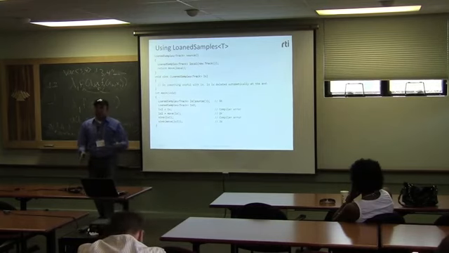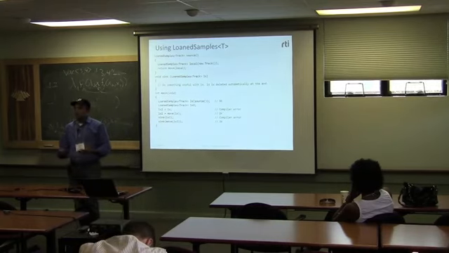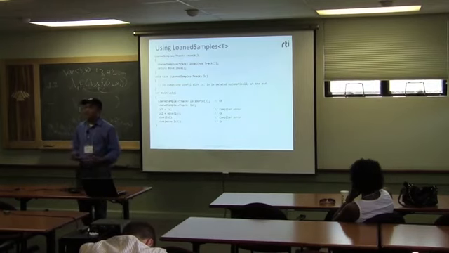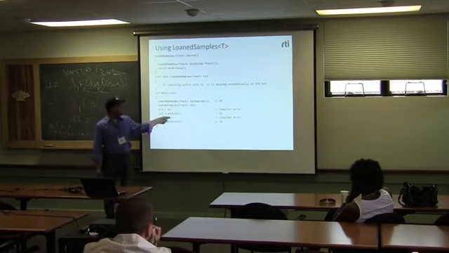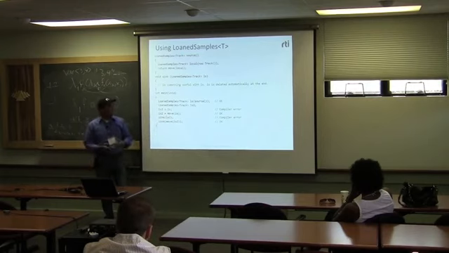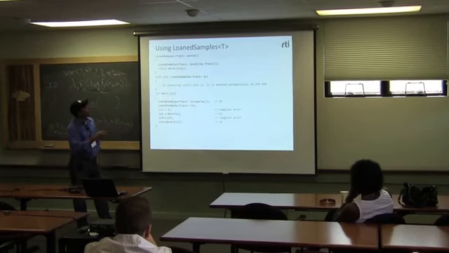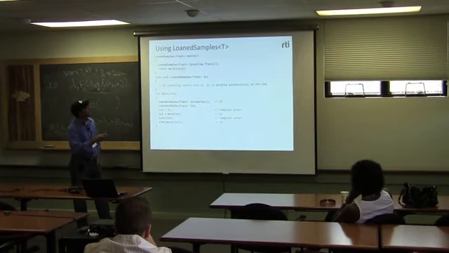This makes sense in case of generic code. In some generic code you have assignments. You don't know what type it's using. If it happens to be lone samples, it's not going to compile, because unless you explicitly write move, it's just not going to work. And kind of the same principle applies when you have a function that returns. You create one, you have to move it out of the function.